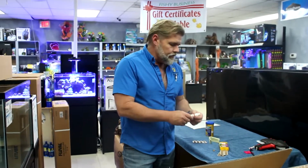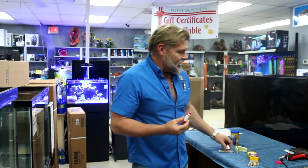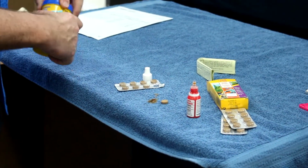One thing that I want to do before I do that is show you how vitamins work. And while I can't show you the internal organs of the fish and exactly how the vitamins work once they get in the fish, the one thing I can do is show you the application process, and that I'm going to do right now. So you have your fish food, and whether you have flake food or a hard food